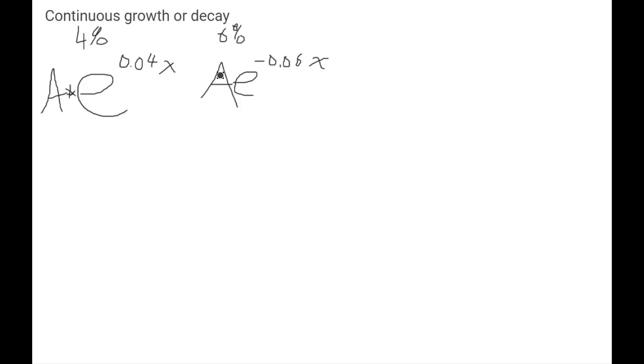But again, if they ask you a tougher question like when will there be 100,000 bacteria left, then you're stuck. I'm setting a million times e to the negative 0.06x right equal to 100,000. And then I'm solving for the thing in the exponent. Well, see prior page. So now we have a million here, but the first thing you're going to do is the trick of